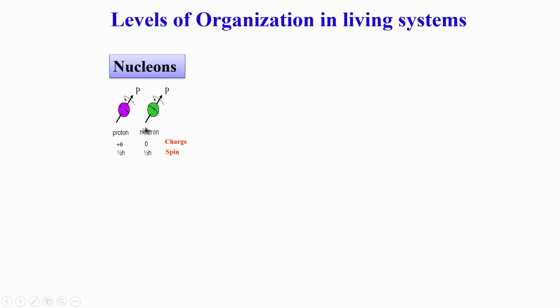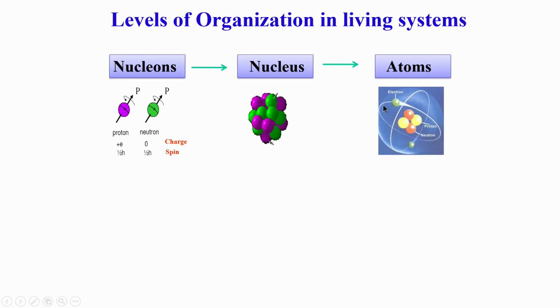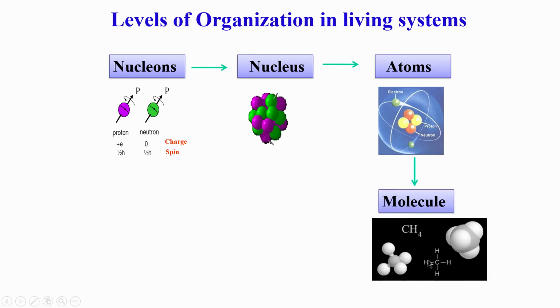So, this is the most basic level of organization, the most basic elements from which all nuclei in this universe are built. Now, these nucleons are very tightly packed in the nucleus, and a great force holds them together, and the nucleus is located in an atom. So, atoms are made up of the nucleus and electrons circulating around the nucleus, and that is the concept of atoms. And atoms organize or join together to form molecules.